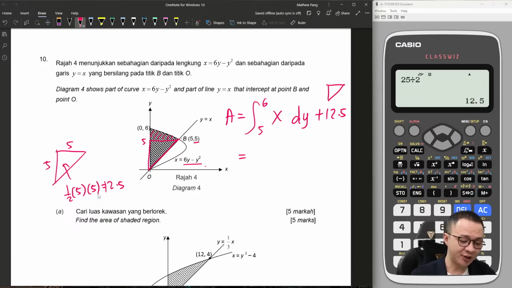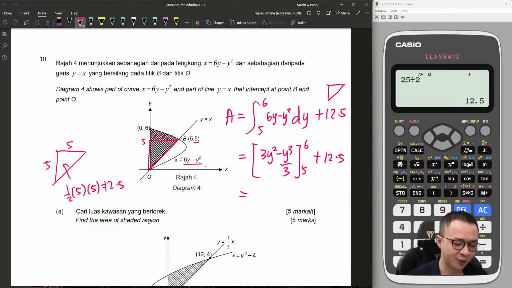Okay, then we will just integrate this one. Insert the x equation now, which is 6y minus y squared. Okay, then this one, integrate: 6y squared divided by 2, which is 3y squared, minus y cubed over 3, from 5 to 6, plus 12.5. Yeah, we just substitute some values into it. So this one is basically 3 times 36